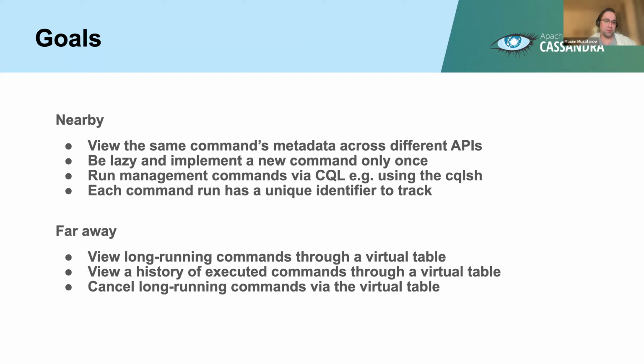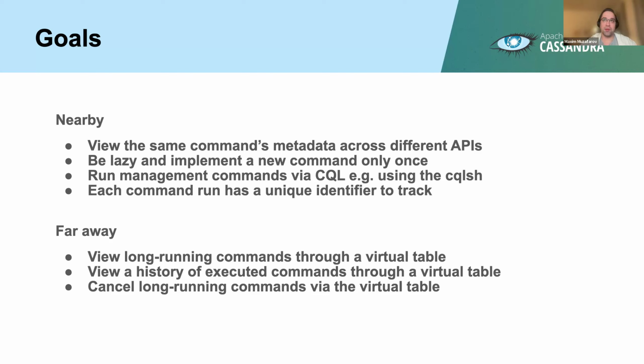We want to run these commands and provide them through CQL, and provide another API for managing the cluster and running some commands. We want to track these commands, so each command should have a unique identifier. So we will be able to track these commands using the ID,